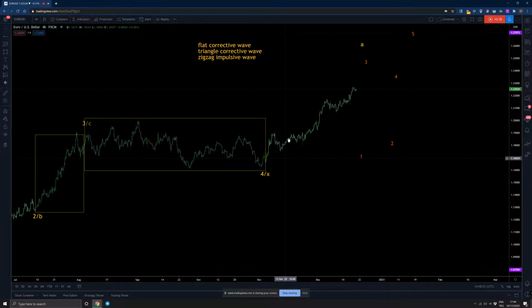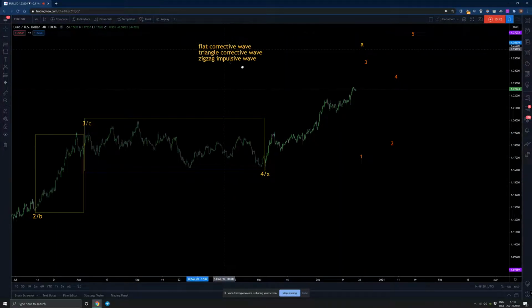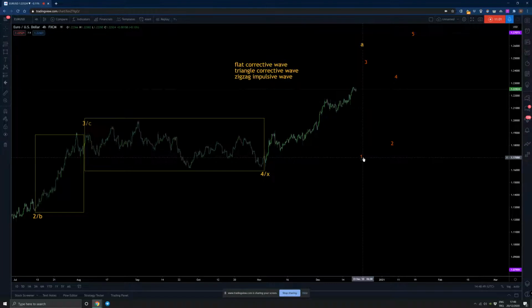Now, the trick is, if we can understand what's going on here, then it will tell us which of these it is. And if we can understand what we are looking for, then it will be easier for us to determine the next move. So now this is the part where you should play with the scenarios. Like I said, if this is a zigzag, or if this is a flat, let's start with the flat. If this is a flat, maybe you can think something like, I don't know,